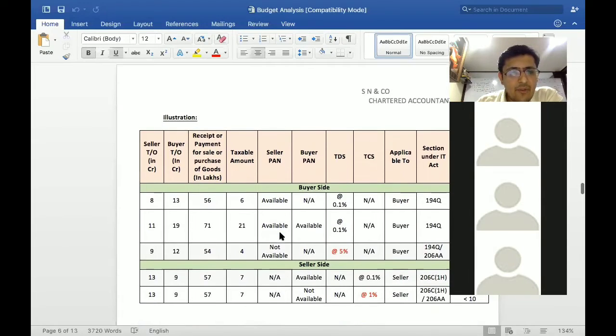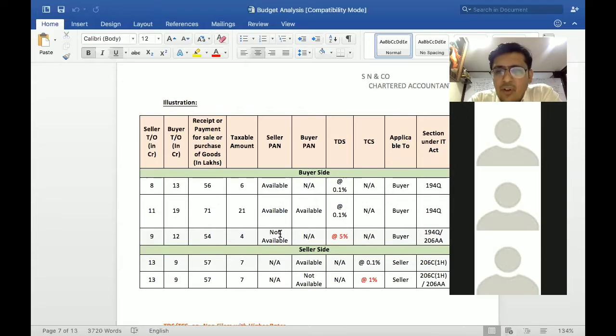I have taken this particular chart for the purpose of discussion. And of course, this chart I have also seen, it is also available on social media. So the chart is basically trying to say that, let's say in the first situation, the first component is for the buyer and the second portion is for the seller. So let's say if the seller turnover is 8 crores, buyer turnover is 13 crores, and if the purchase is